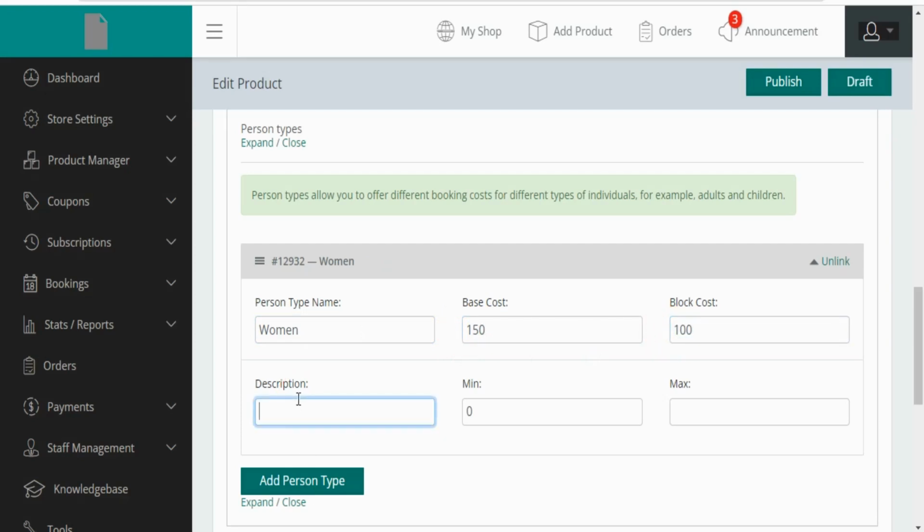To get a better understanding, refer to the cost tab section on this tutorial. Description: the vendor can specify the basic requirement of the person type in this field. As shown in the tutorial, the description of a child is under 10 years of age. Minimum and maximum: this field lets the vendor add both the least and the most number of people they wish